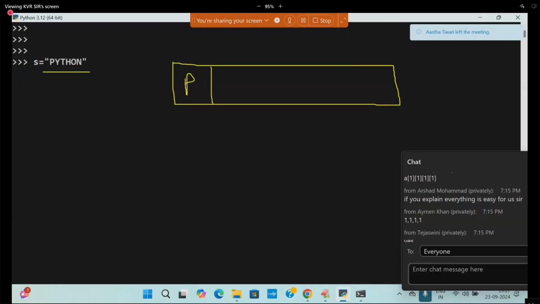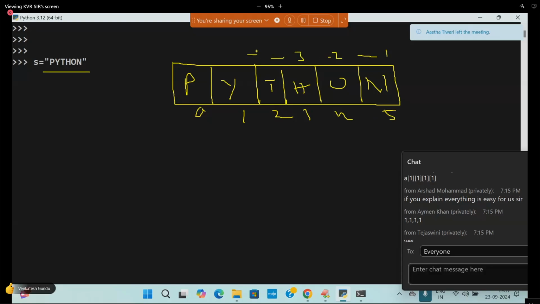Python. This is the one: 0, 1, 2, 3, 4, 5. And -1, -2, you are saying this. Okay, actually I want to explain something different. This is memory management. Now I want to get values.